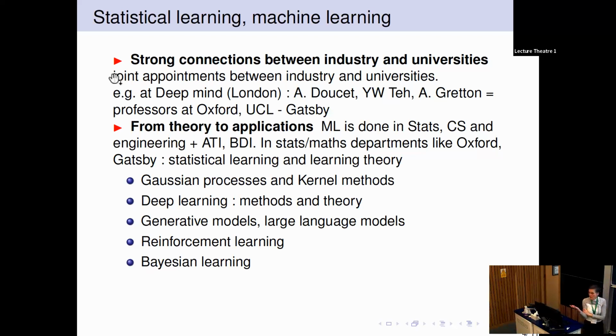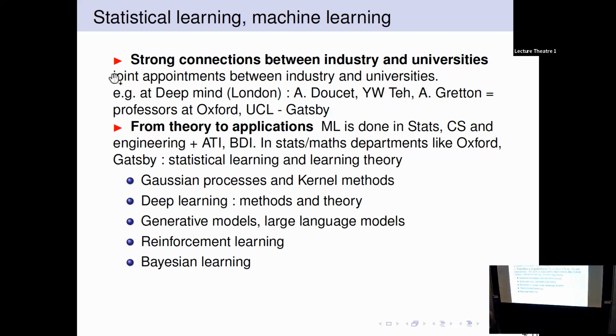Deep learning that Long was talking about. So this is a big area now over the last 10 years. It's been getting bigger because it's proved so efficient, even though people don't really understand how it works and really why it works so well. So there are lots of people working at the intersection between mathematics, physics, statistics and computer science, trying to figure out what's going on there, and it's not quite clear yet.